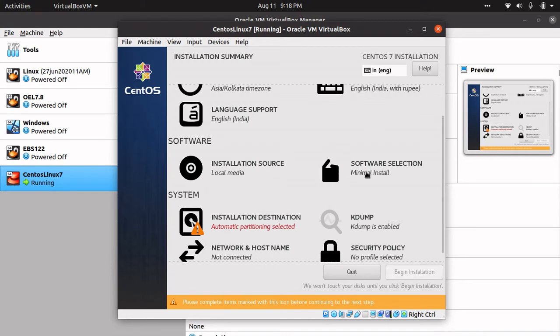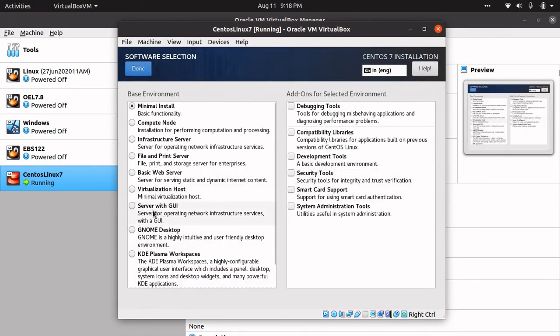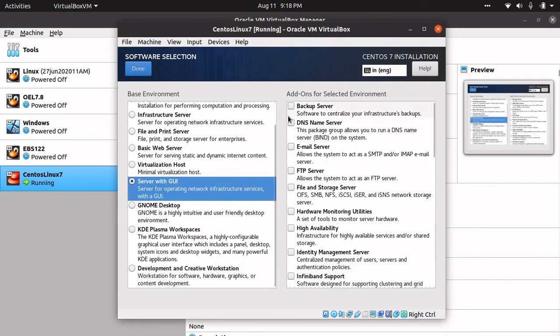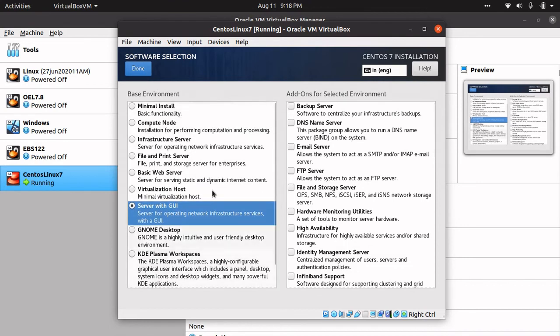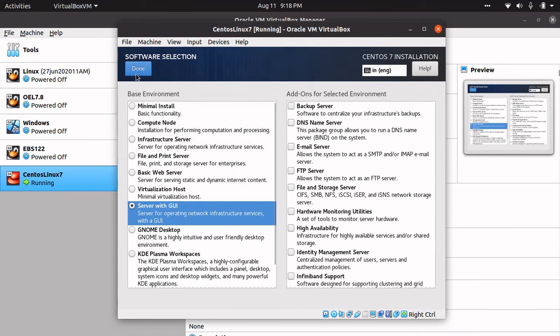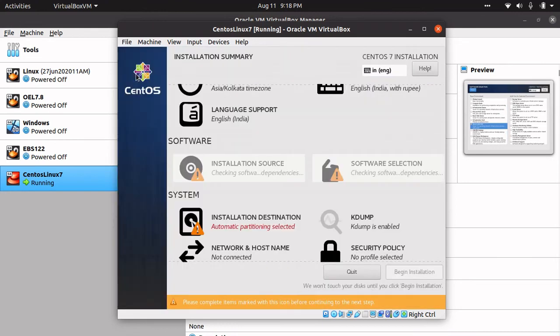Now if you want software selection, I prefer to use a server with a GUI, so that you will get a graphical interface which would be easier for you to understand. But in a real-time scenario, mostly we will use a server without a GUI. Here, because this is the first time you are learning Oracle Linux or CentOS Linux, you can go ahead and select the server with a GUI.